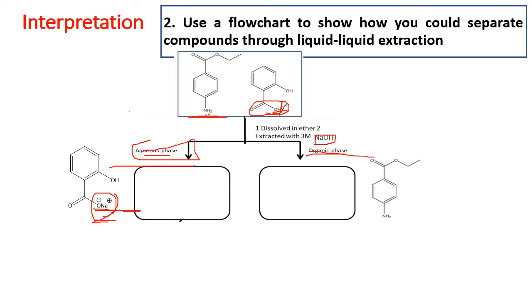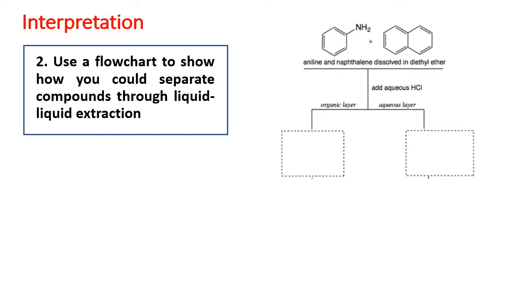it. You either draw O minus and Na plus for the acidic functional group, or you draw NH3 plus Cl minus for the sake of the basic functional group. Let's try this example. In this example, you will do a flow chart for both the aniline and naphthalene. You have both aniline and naphthalene, and you need to separate both of them. So first, you will dissolve both of them in diethyl ether. This is normal, since the diethyl ether will be your organic solvent that will constitute your organic layer where the